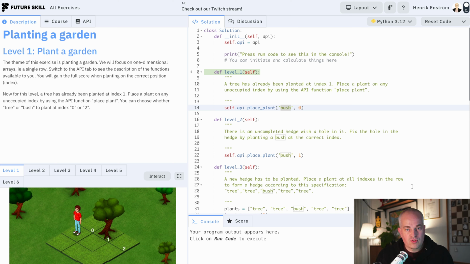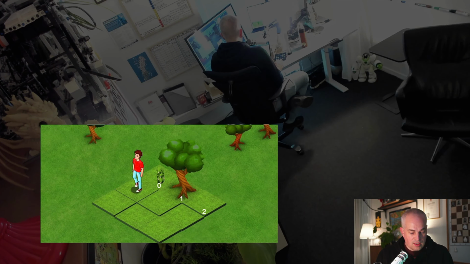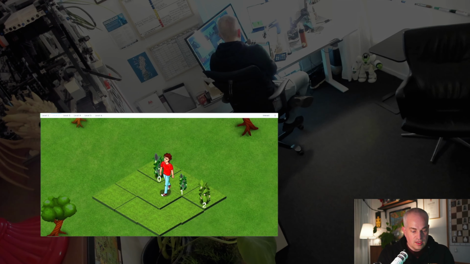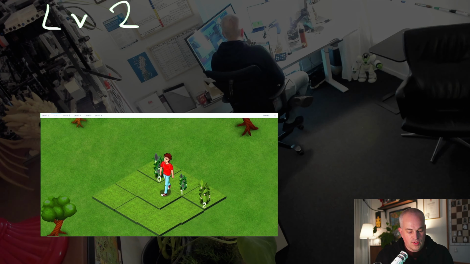I'm just going to go through what you should do in the different levels. But there is also quite a lot of code given here. So if we go back here to level 2, it's called missing bush. Here you should see what the index is where the bush is missing and plant it there, and use